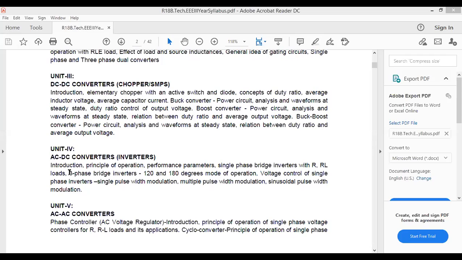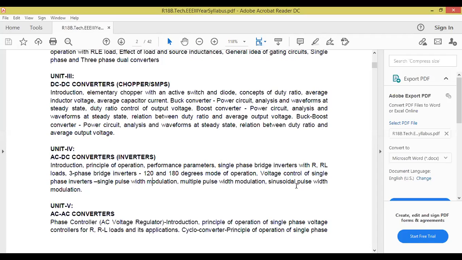Next class, if exams are there from November 12th, we'll see the class after November 12th. Three-phase bridge inverters is a very important topic. I will take this with special concentration. This three-phase bridge inverter, definitely it will come in the examination, the 120 degrees mode too. So our concept is this, and today's class we take the derivation and problem on bridge inverter.